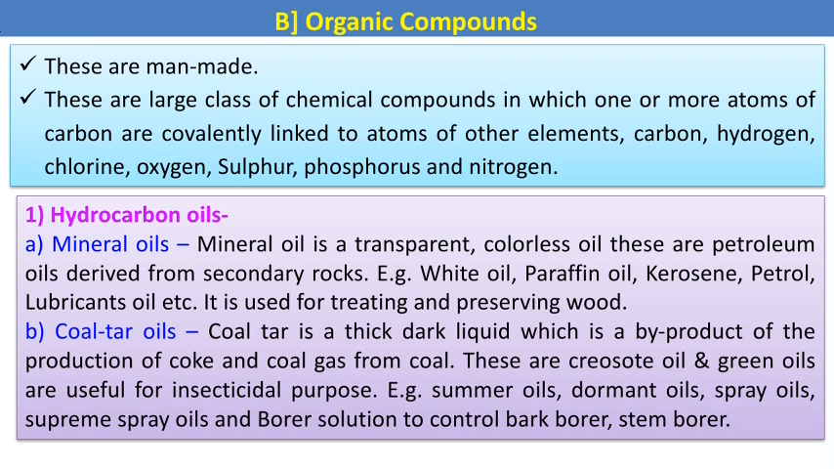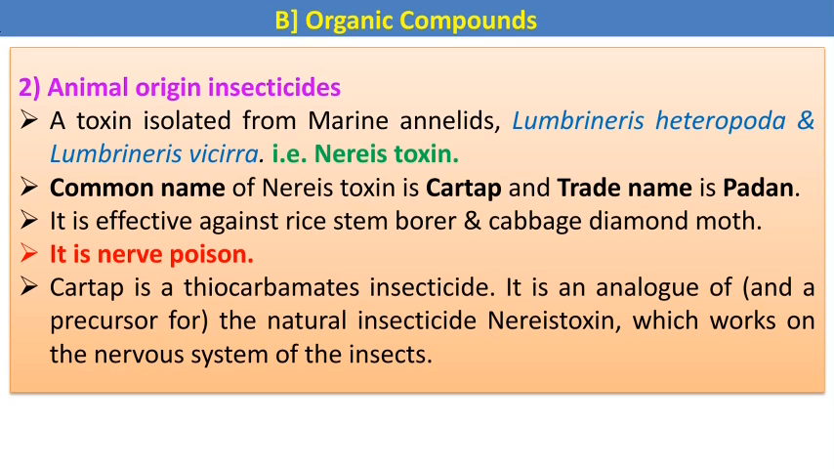For mineral oil, examples are white oil, paraffin oil, kerosene oil, petrol, lubricant, like that, and it is mostly used for treating and preserving wood. Coal tar oil is mostly used in a borer solution to control bark borer or stem borer. Then next category is animal origin insecticides, which are nothing but organic compounds,